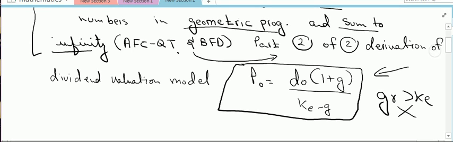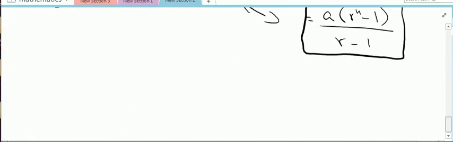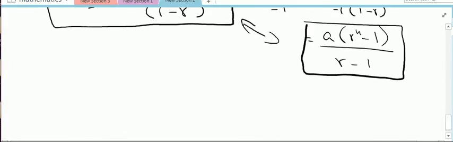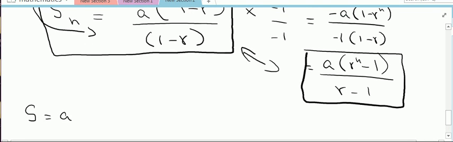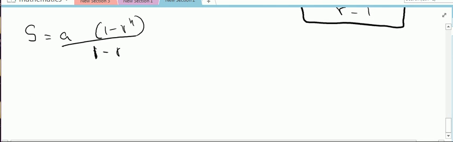Okay, so in the second part of this series, let us discuss the sum to infinity. We know that S is equal to a(1 minus r to the power n) divided by 1 minus r, which is the formula used for the sum of a geometric progression. Now we have a very interesting situation in geometric progression, and that is,